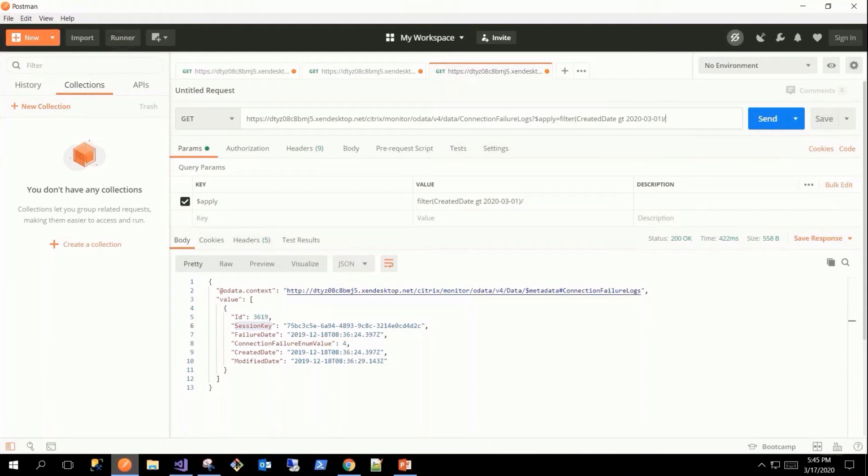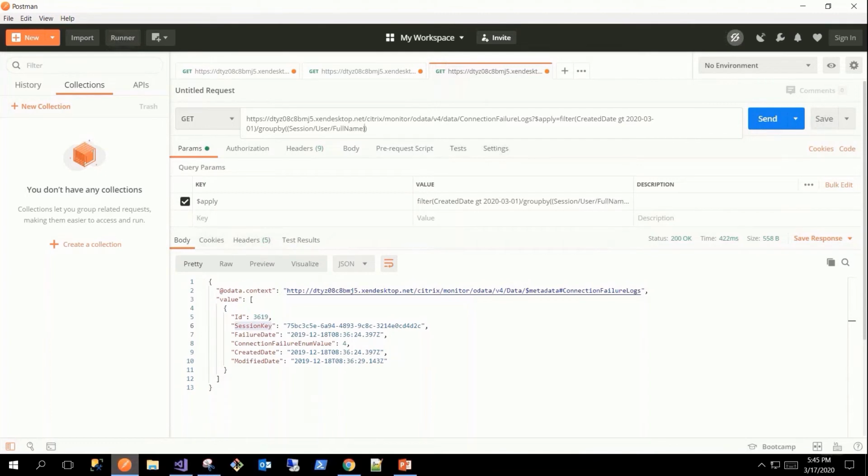Apply group by. Okay, group by, here the column name goes. Currently I want to traverse to users. I'll take user ID, and okay, let me take user name as well.